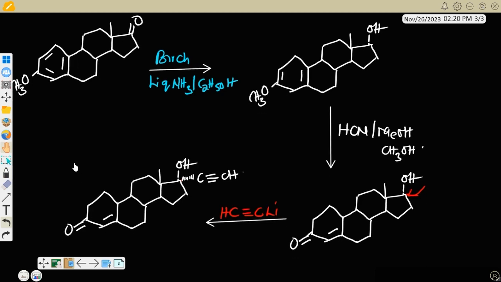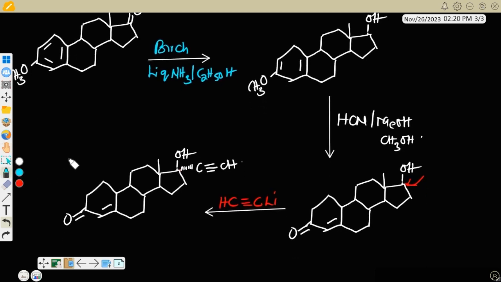And this is the structure of, sorry, let me break it down. Norethisterone. This is the structure. So this is how you can actually get norethisterone from